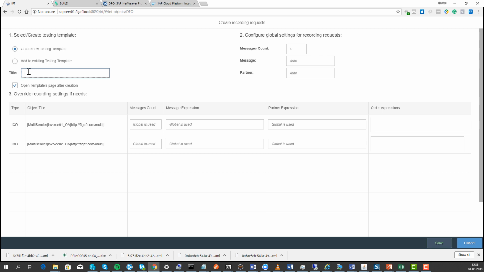So a template is a way to group these tests together. So if you have, for instance, a finance test, you want to group them together. You have sales, delivery. It's just a way to make it easier to understand. And then you can run these and give different people responsibility for it. And a test case can be in multiple of these test cases. So we're creating a new template. We want 3 messages for each. We can set up